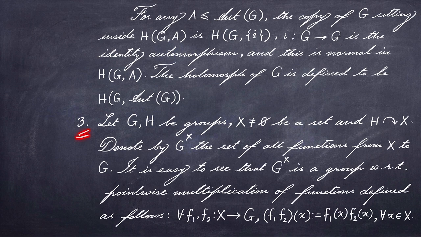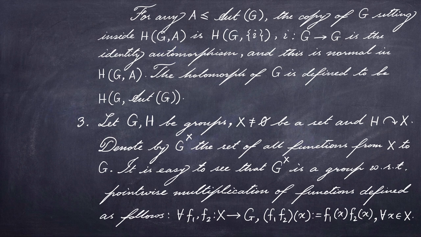Okay, let's come to the third example of semi-direct product. This one I'm just mentioning for your general knowledge, and I won't use it further. Here the situation is slightly more complicated: we are given two groups and a set, and one of these groups, H, is acting on the set X. Now we consider the collection of all functions from X to G. For example, earlier we considered the collection of all functions from X to C,